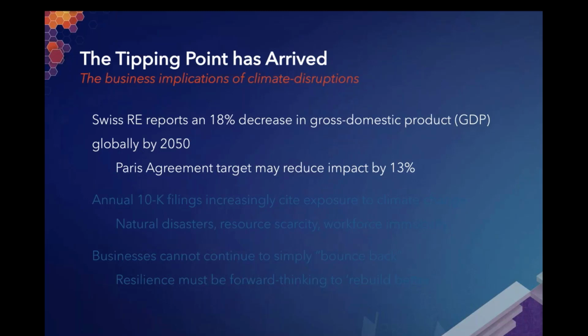The same study has affirmed that if we meet the targets for the Paris Agreement, that's going to be reduced greatly. The actual net decrease to global GDP is only going to be 5%. Now, I say only, that is still not ideal to see that type of disruption occurring from natural disasters and climate-driven disruptions. But the difference between 5% and 18% is in one reality, we can leverage technology to start planning in a more intelligent, adaptive, and resilient way to preserve our way of life. At 18%, even the most resilient businesses we're facing today are going to have challenges.